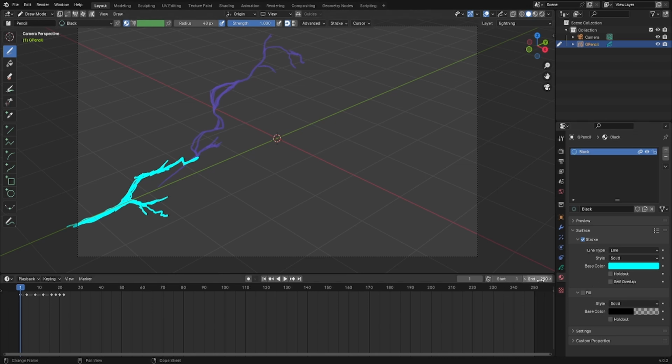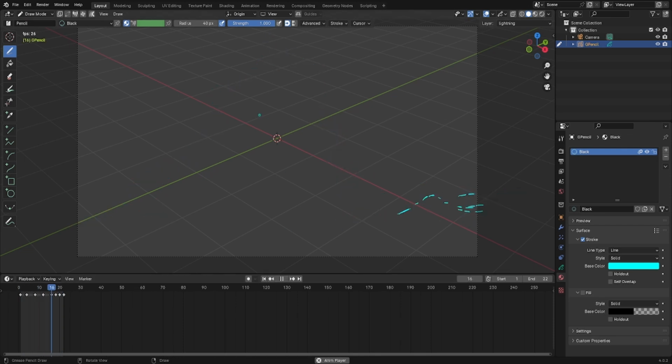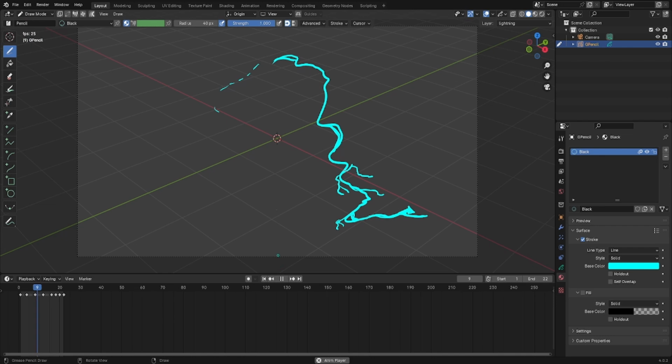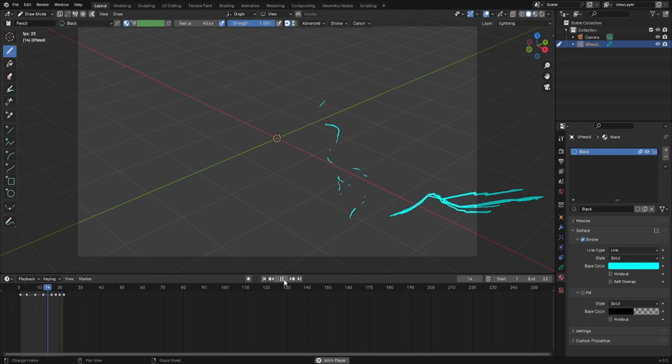So I'm going to go ahead and reduce our final frame time over here so we can just play it on a loop. And I'm going to set it to about, I believe it was, 22 frames. So it looks kind of nice like this, but it looks very choppy. So what we're going to do to actually fix that problem is